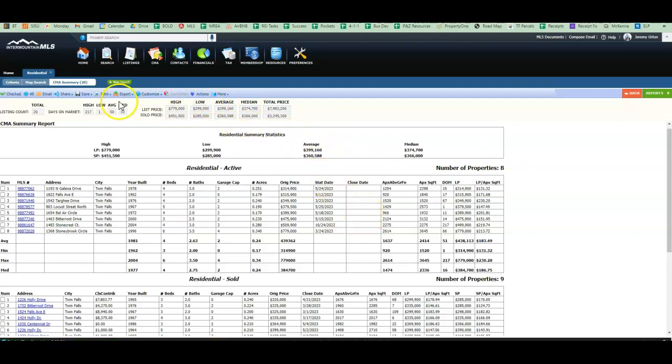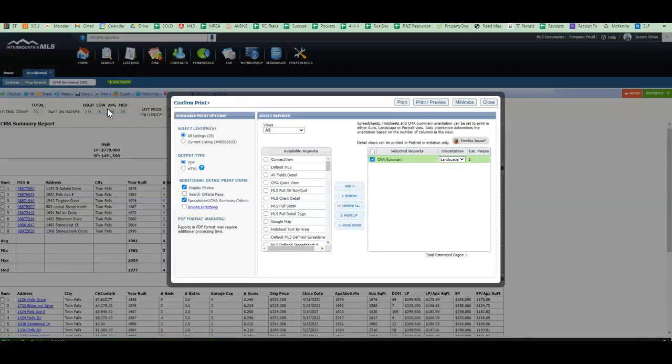So I am going to save this, and when I save this, I'm going to use print plus because it will save the criteria that I searched. So all listings, I'm going to do this print to PDF. Display photos, so the first item could potentially be a photo. That's not going to actually show up though with this particular report. And then this is the one you want to have checked, is the spreadsheet CMA summary criteria. So now if I hit print,